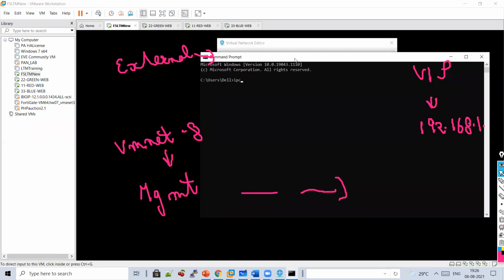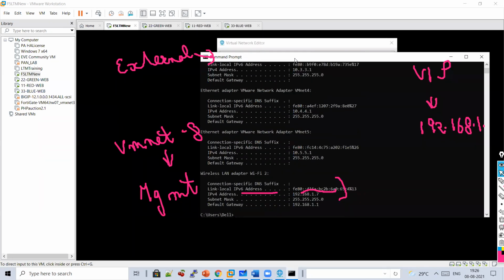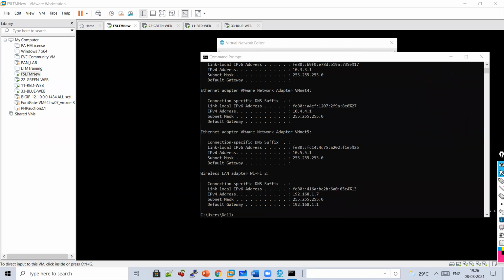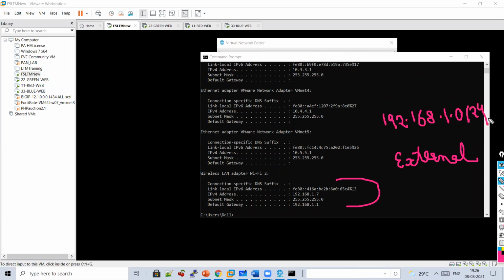Just run ipconfig. So can you see this? My external virtual IP address, whenever I create any virtual network, I will assign IP address from this network only, 192.168.1.0/24.